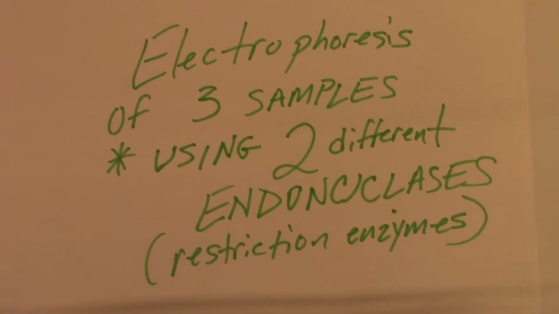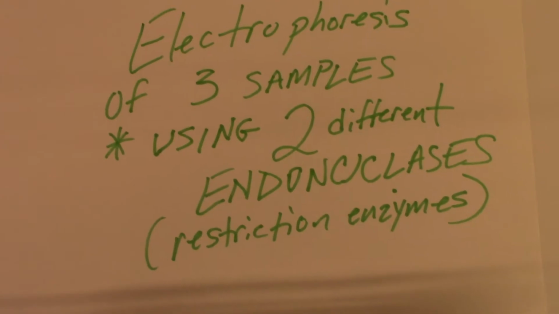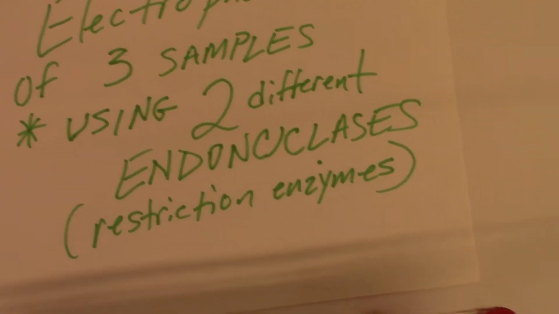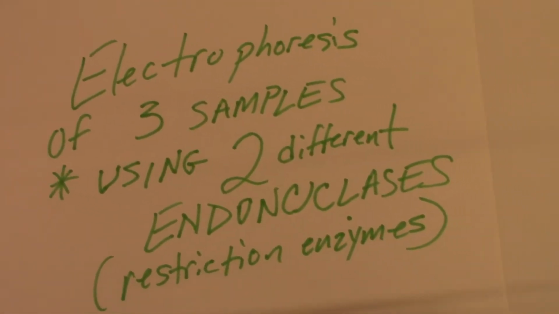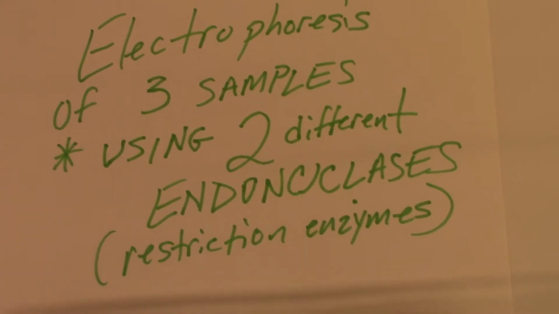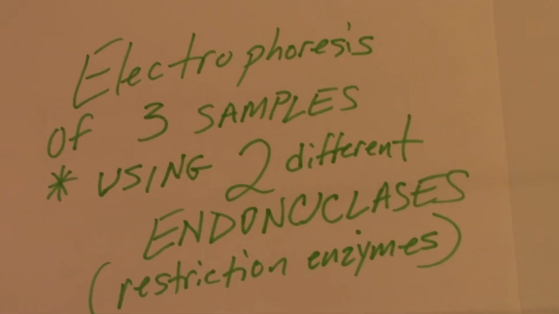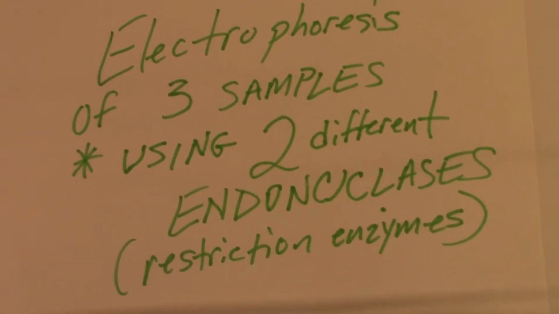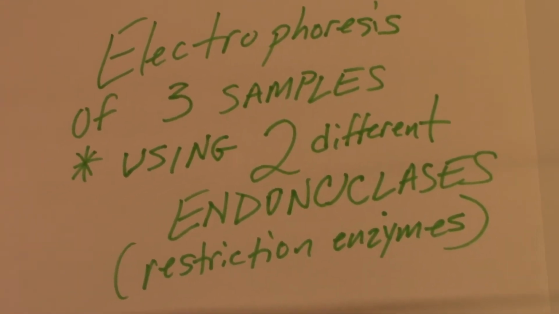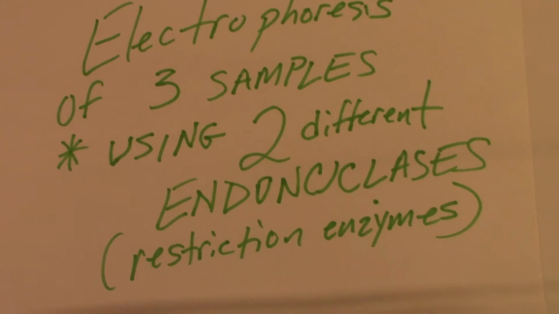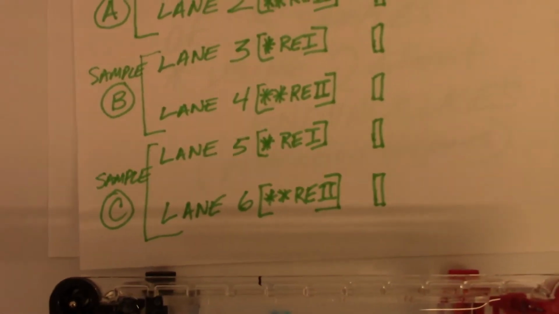Now, step 1. We talked about this, but you may not be familiar with the concept. We said that if you do more lanes with more restriction enzymes, you can create a clearer picture of whether or not samples are the same or different. Now what I've done is I've drawn this out for you to begin with. And what you'll see here